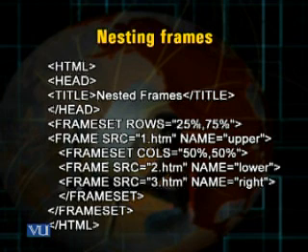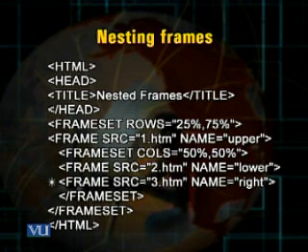Then before closing the frameset tag, I again use another frameset tag where I use the cols attribute and I keep values 50%, 50%, and thereafter I use two frame tags. In the first frame tag, src equals 2.htm, and I give it the name lower, and then the next frame tag, src equals 3.htm, and I give the name right.